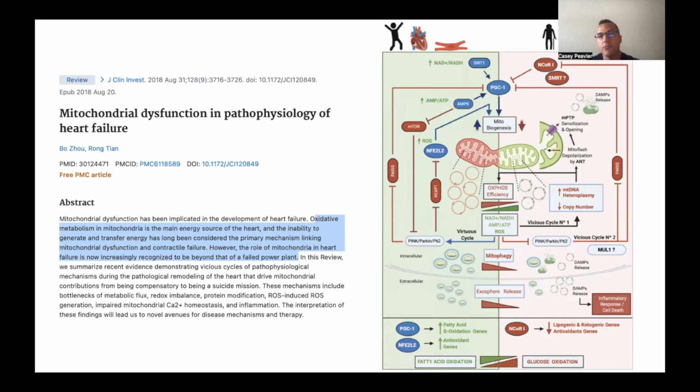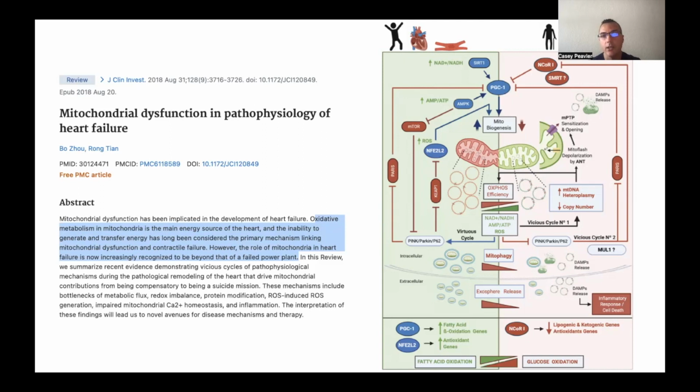And all these other factors, for example the sirtuin SIRT1, PGC1 alpha, the PINK-Parkin mitophagy pathways, as well as these antioxidant response genes, the PGC1 alpha or the NRF2 genes, are all going to be covered in future talks that we have. And by the end of this mitochondrial series, you're going to understand every single bit of this and how it relates to mitochondrial function, how it helps you understand how to protect your mitochondria and ultimately your whole body, and help you prevent a lot of these diseases that people are plagued with throughout the Western world and throughout the world.